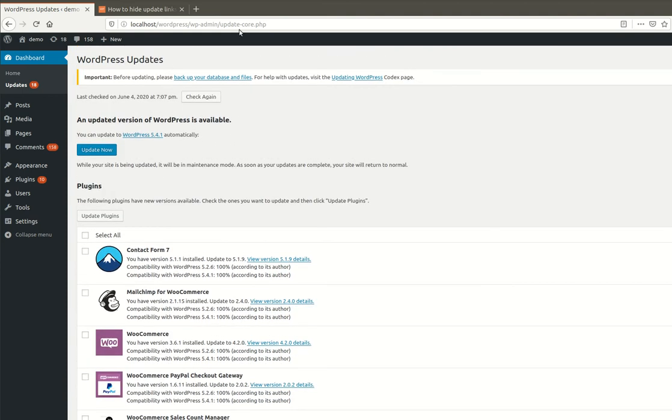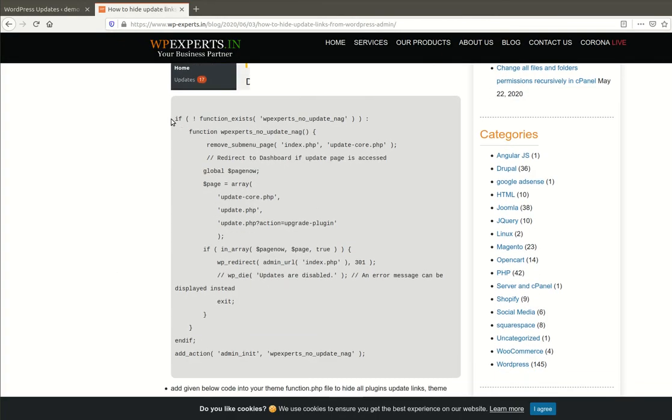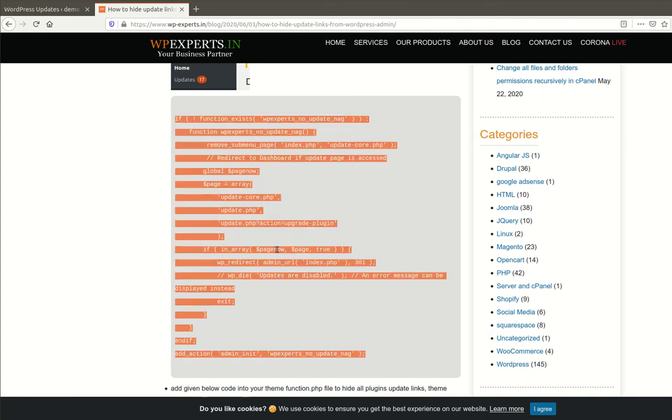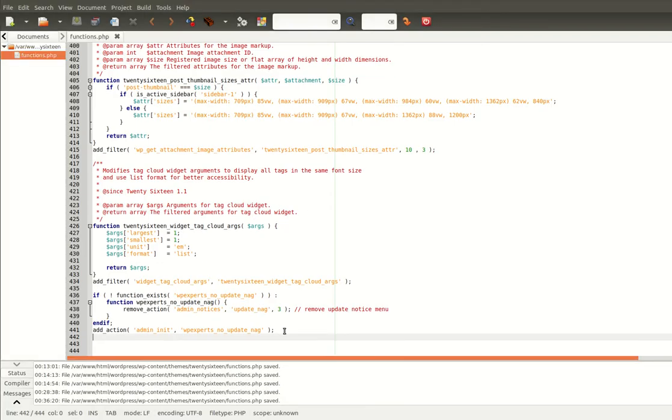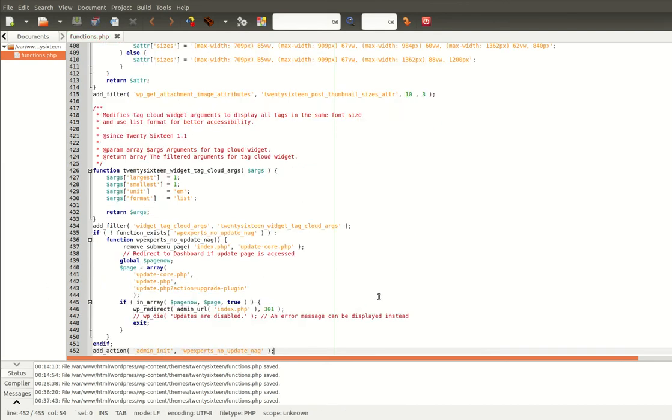So to not allow access to this URL, we are going to add the condition in this function as well. Let me copy the code. This is very simple, just copy the code and replace it with my previous function.